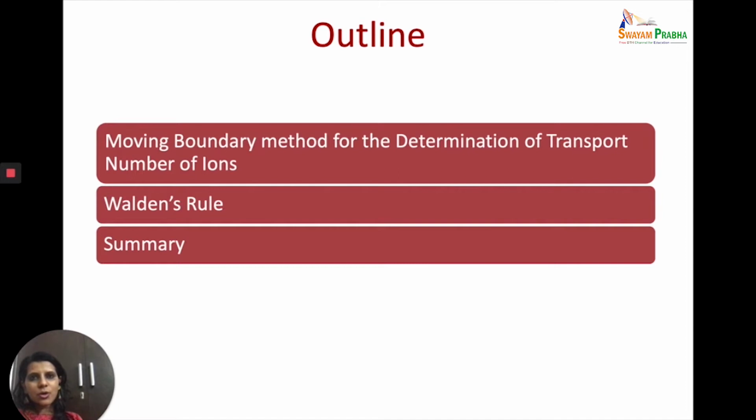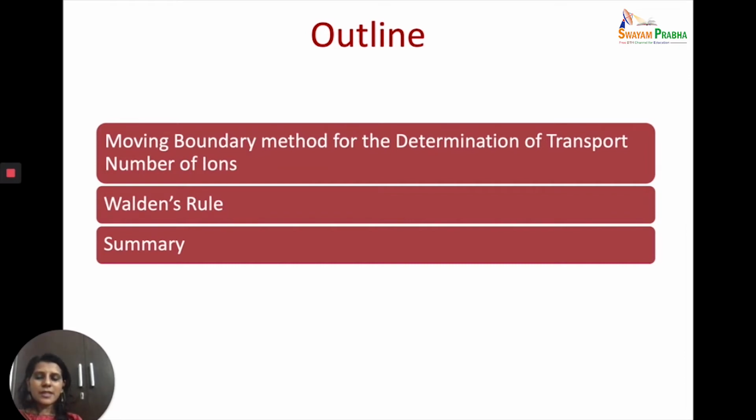Now let's recall what we did in the previous lecture. We took a look at transport number, transference number. We understood what is Hittorf's method using the Hittorf's theoretical device and took a look at the experimental setup of the Hittorf's method. Then two short numericals were studied to increase our understanding.